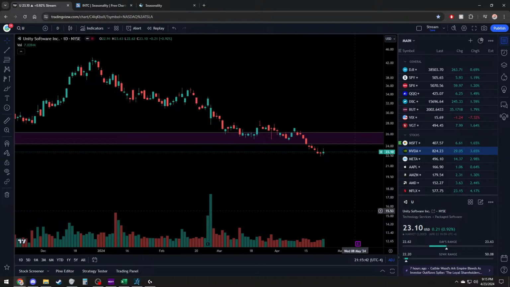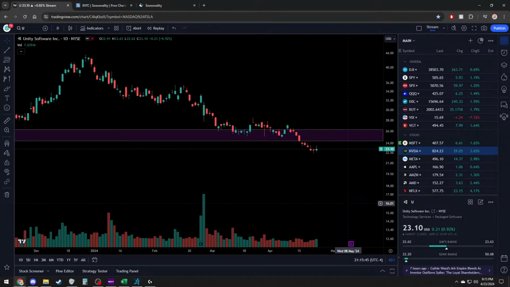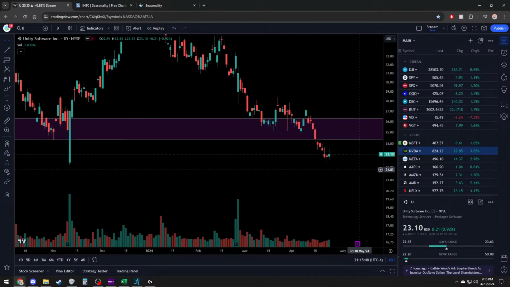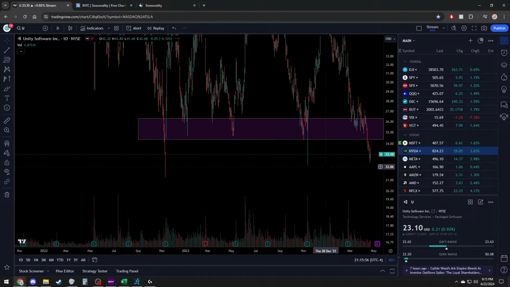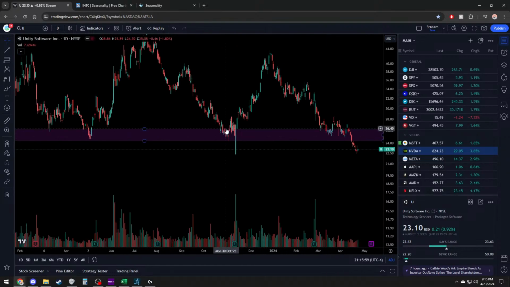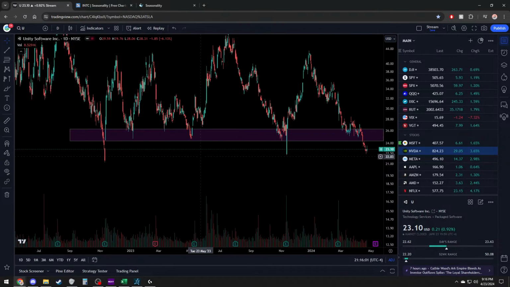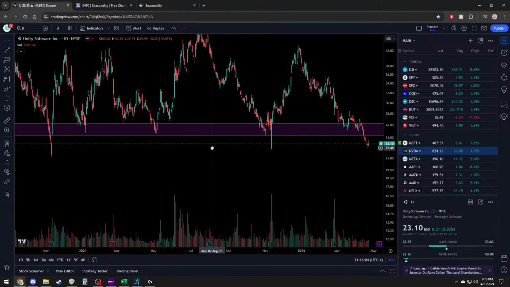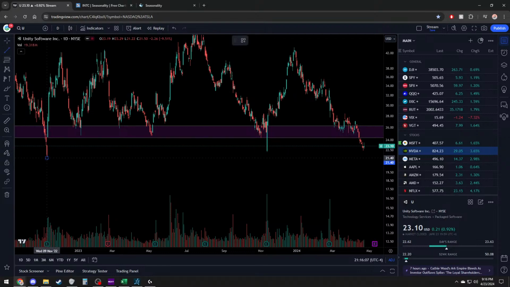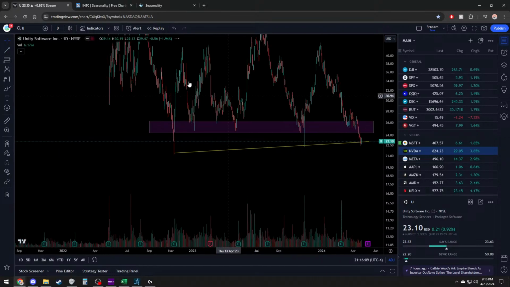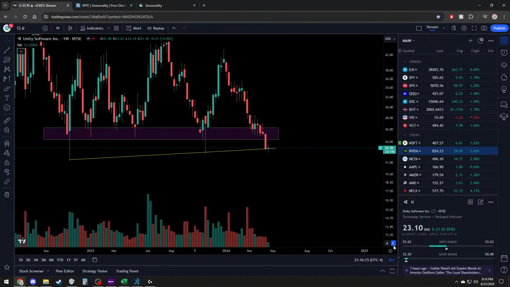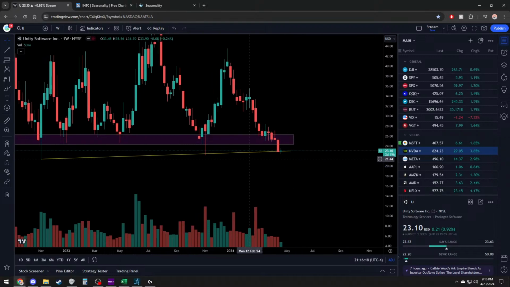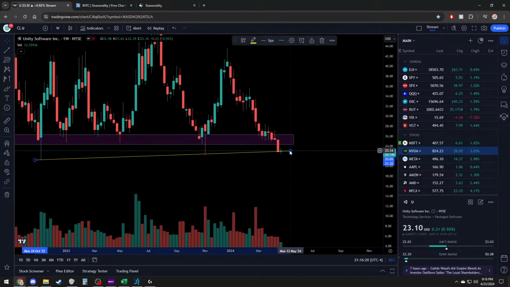Unity, when do they report? All right, next month in May. You can see here, the volume's starting to rise, so you could be looking at a reversal back up into this range here. Now, I know I had this zone drawn out from like 26, this was just like a rough look, but if you just look at from here to here, switch this to like a weekly, 'cause it's a lot of time. Let me turn off logarithmic. You could see